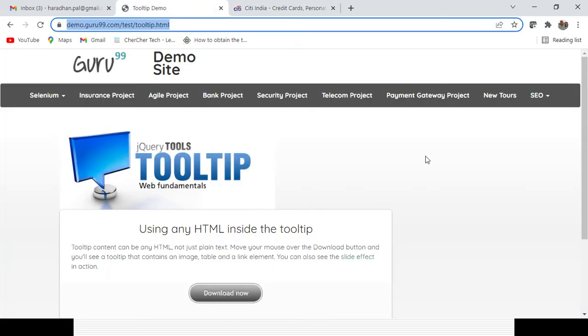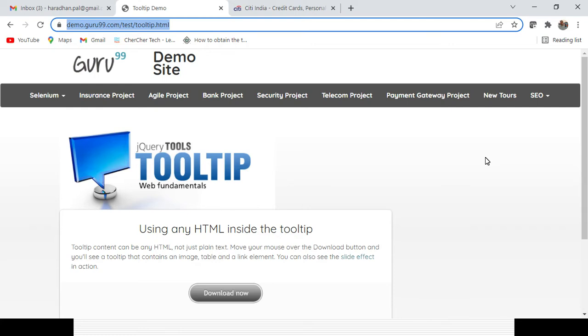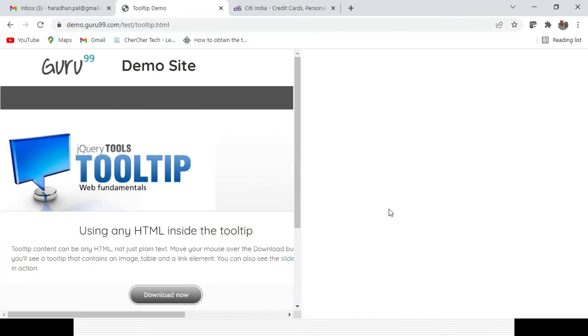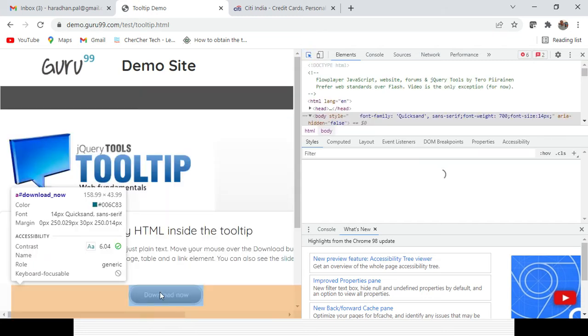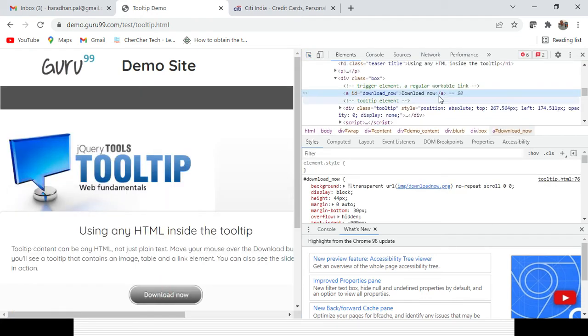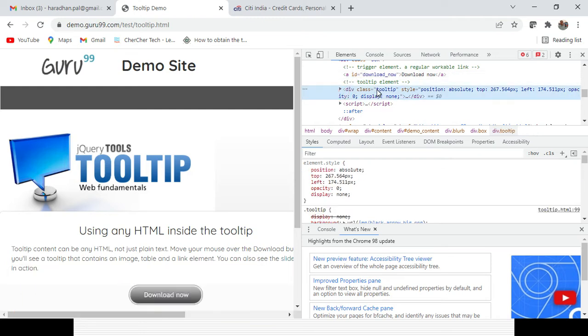get the tooltip for that particular element. But there are some circumstances, especially for jQuery or CSS tooltips, where the title attribute will not be available for that particular element or object. Let's inspect that page as well. If you click on Download Now, you can see this is coming. But if you mouse over that element, you can see there is no title attribute. If you expand it, it starts with the a tag, so it's a kind of link. If you expand the div tag also, whose class is the tooltip class,